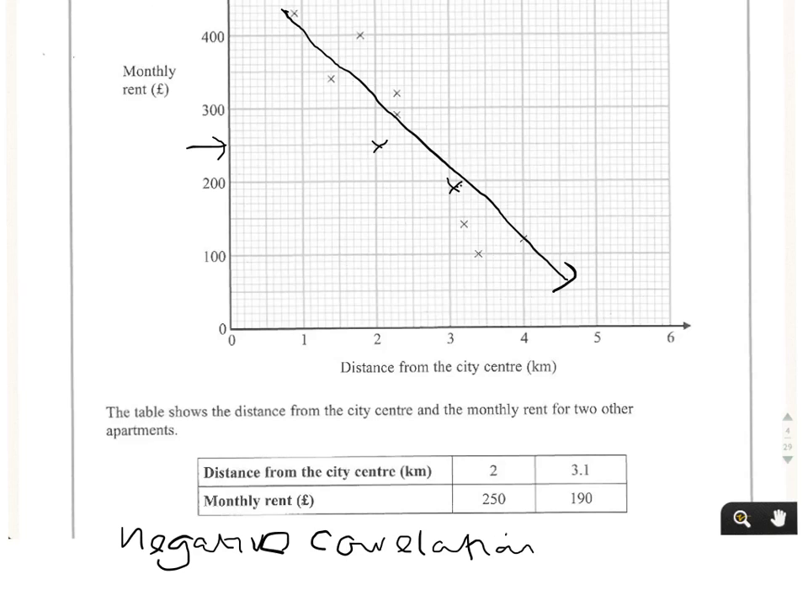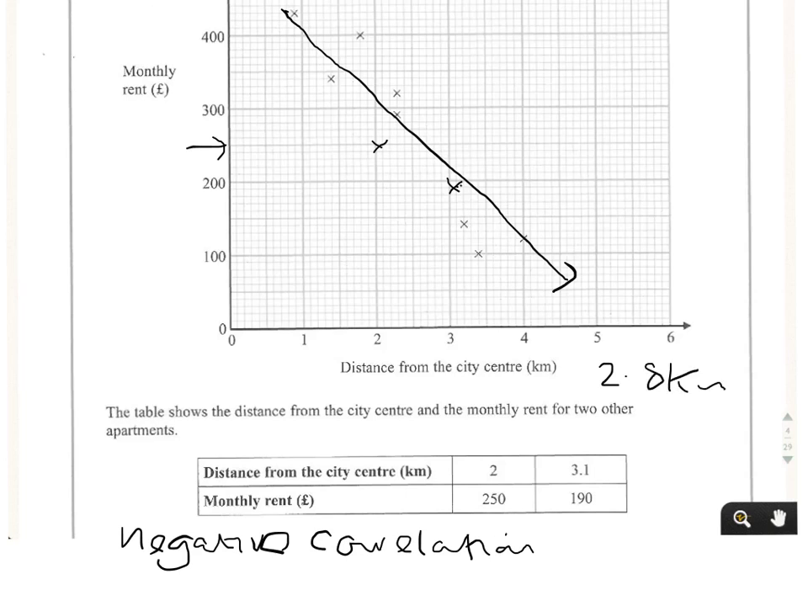Or you could simply say that the further away that you live from the centre, the cheaper the rent. I won't write that down, but you can hear me say that. The further away you live from the centre, the cheaper the rent, or conversely, the closer to the centre, the more expensive the rent. Now, if we lived 2.8 kilometres, so if we were 2.8 kilometres from the city centre,